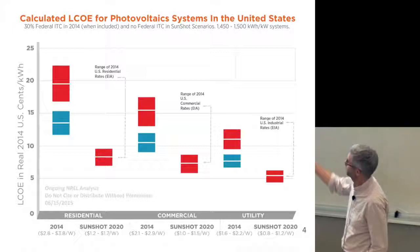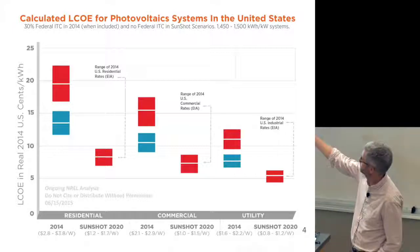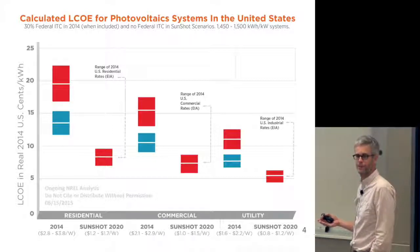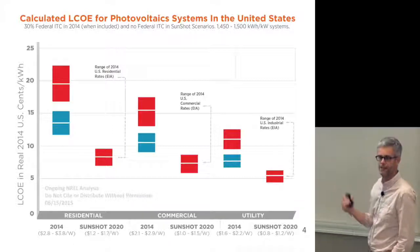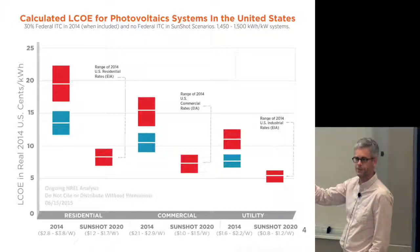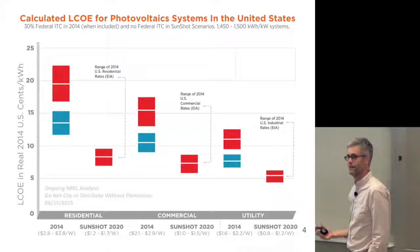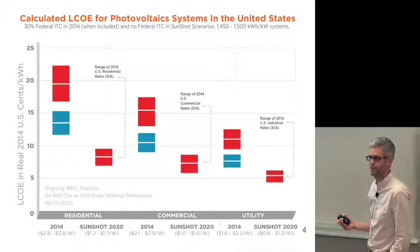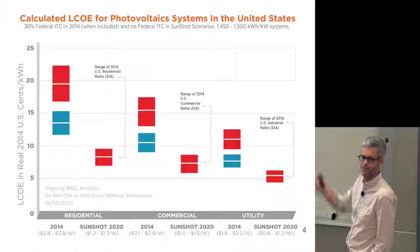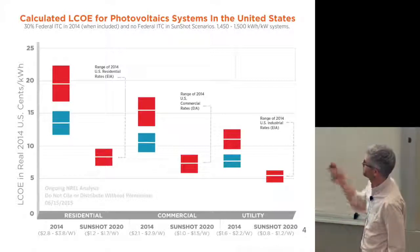But here in California, most people pay more than that. And as a homeowner, I get an electricity bill, and around here we have tiers, and up to a certain amount of electricity, you're in tier 1, and then you go to tier 2. Tier 4 around here is 40 cents per kilowatt hour. And if you ever use your air conditioner, you get into that. And so solar is